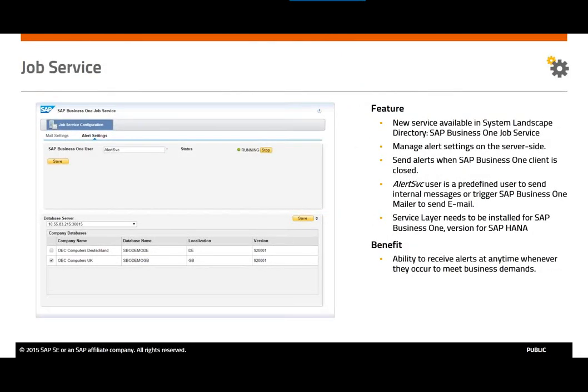Okay, you know what? I'm actually going to jump in. I'm going to do a demo for you right now, because one of the newest features in SAP Business One that I know many people have been waiting for is the